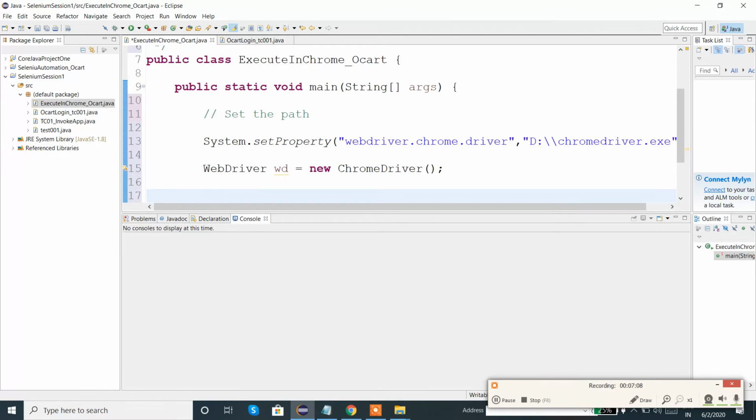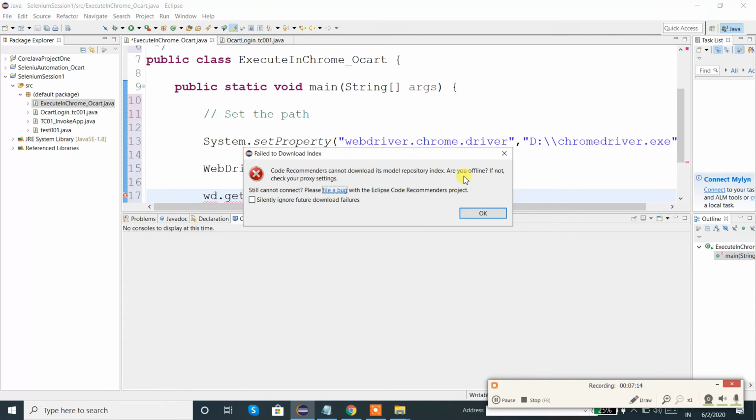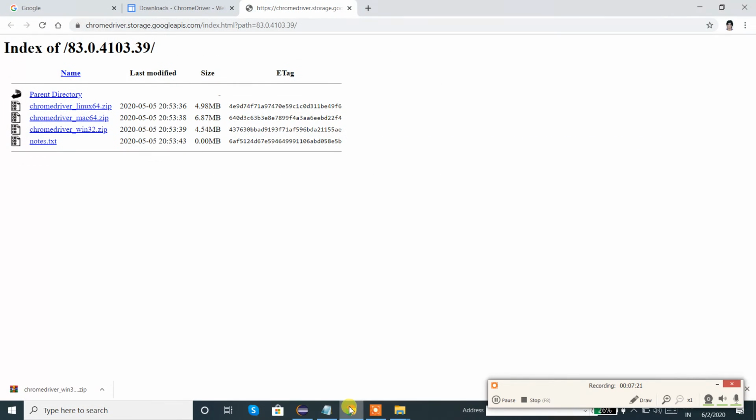Now I need to invoke the application. So let us think about the application. Let's say selenium.dev.